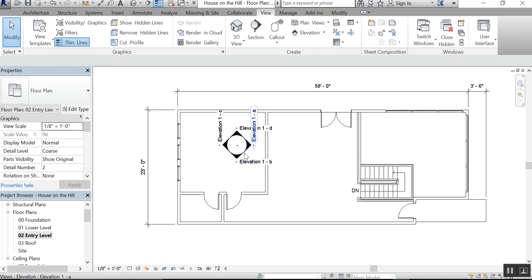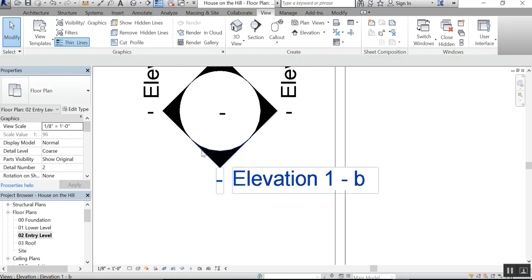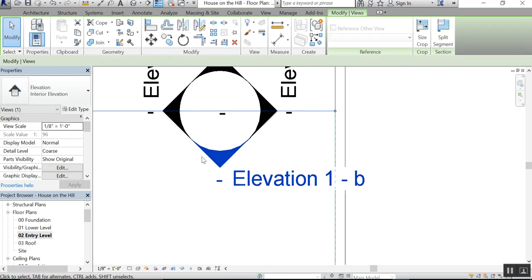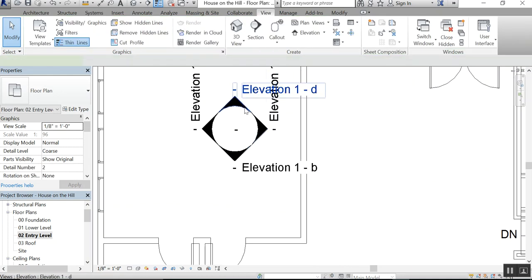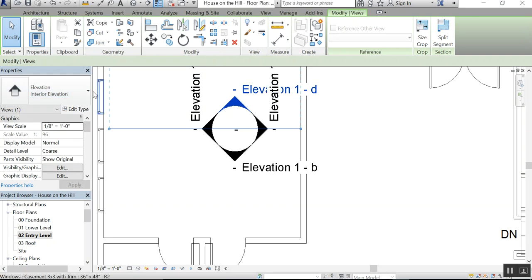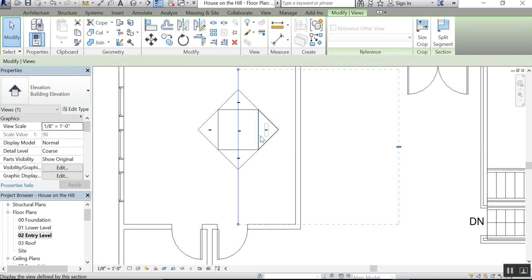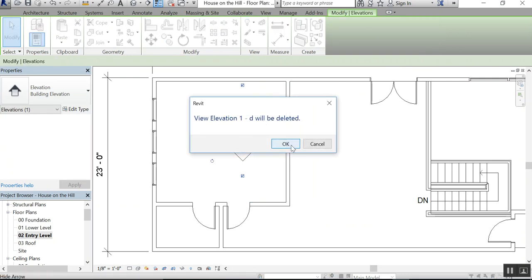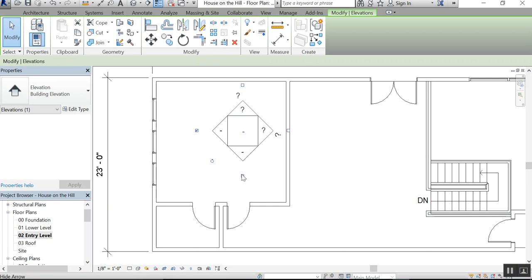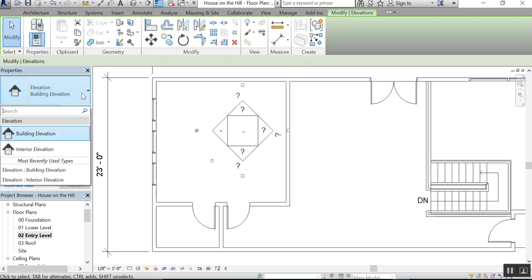So I'm going to click on this circle. I'm going to turn off a bunch of these if I can. Let's go to the circle here. I'm having a tough time grabbing the edge of the thing, so maybe I'll just take it back to here. There we go. And I'm going to turn off these views. There we go. Now I can click on this and change it back to the